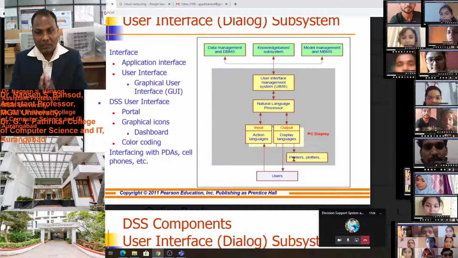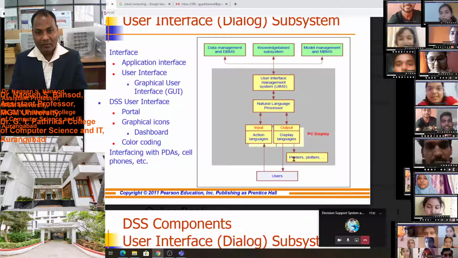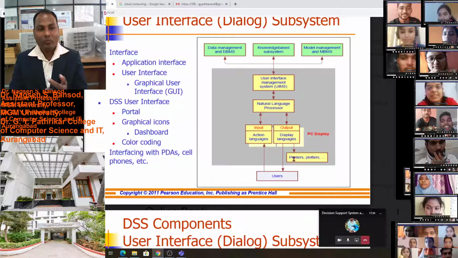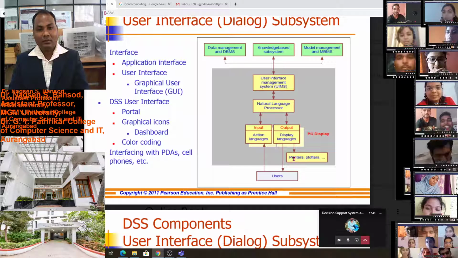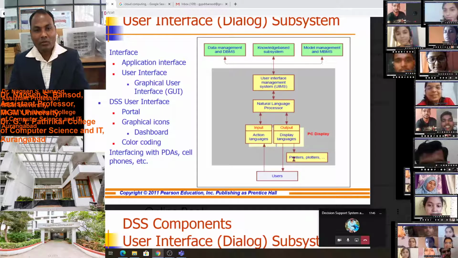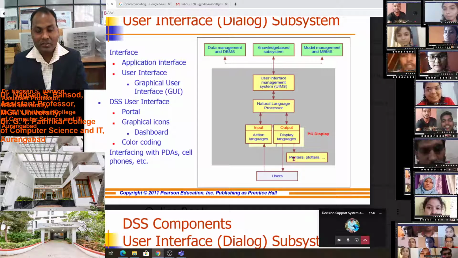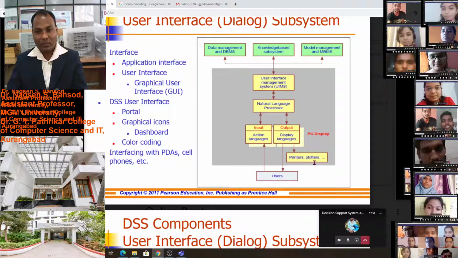According to the customer's needs, the customer can customize their need with the help of browsers, with the help of software which we have provided. Then if needed, they can take the printout of their customized report with the help of a printer as well as a plotter.